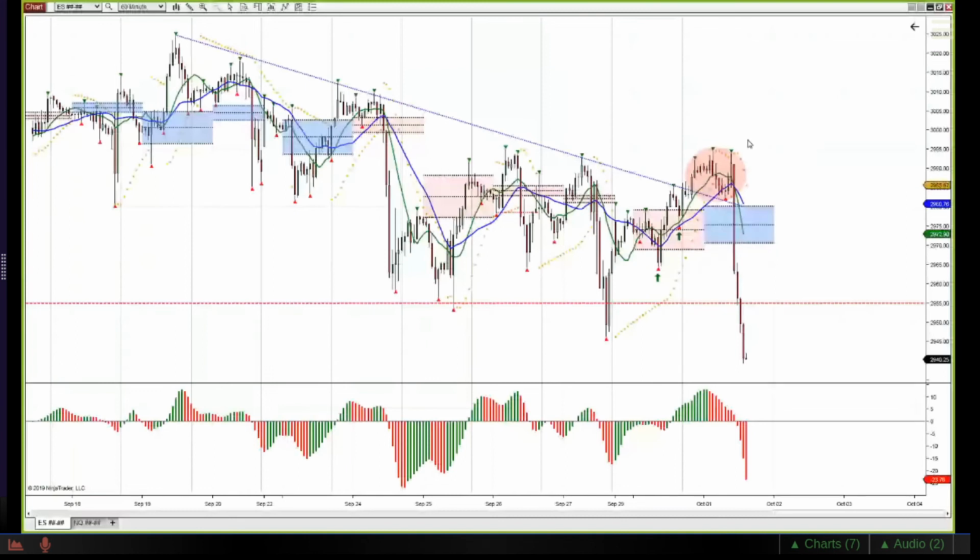So today it looks like we're going to close below the pivot. It resumes the negative momentum that we've had. Tomorrow's 3-day pivots will be above the market, which means the pressure will be down,